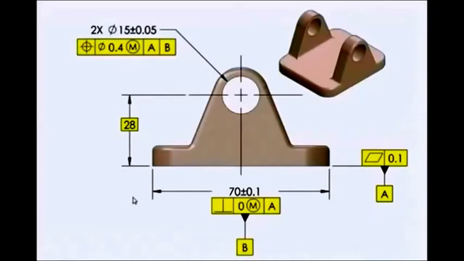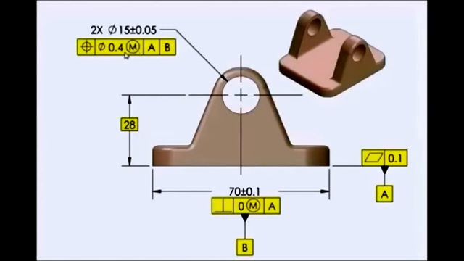I'm going to use this part to help explain composite tolerancing. Now initially on this drawing we don't see any composite tolerancing. I do have a position tolerance on the 2 holes. Some people might say, well, isn't that really one hole? Maybe I created them at the same time by drilling, but the answer is no. As far as the standard is concerned, these are two individual features, unless I do something to tie them together, which we'll see shortly. So these two holes, 2x, have to be positioned within 0.4 when they're made at their